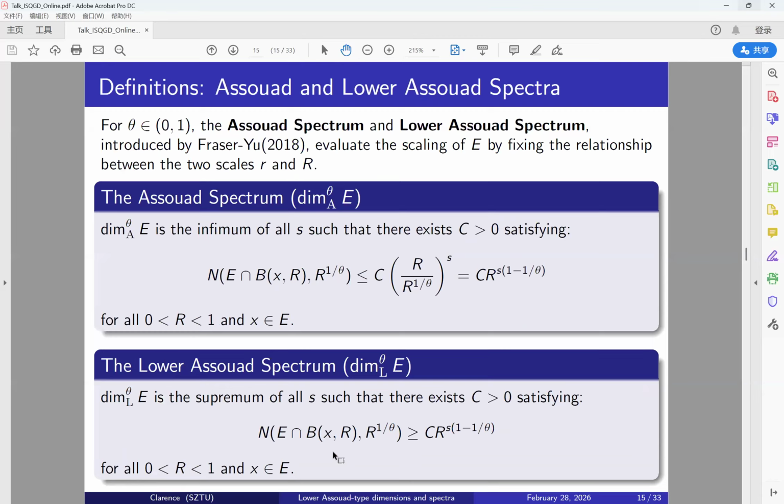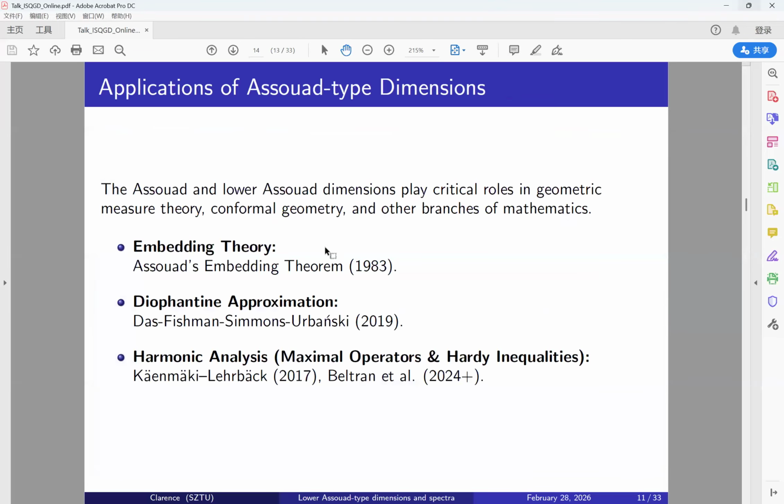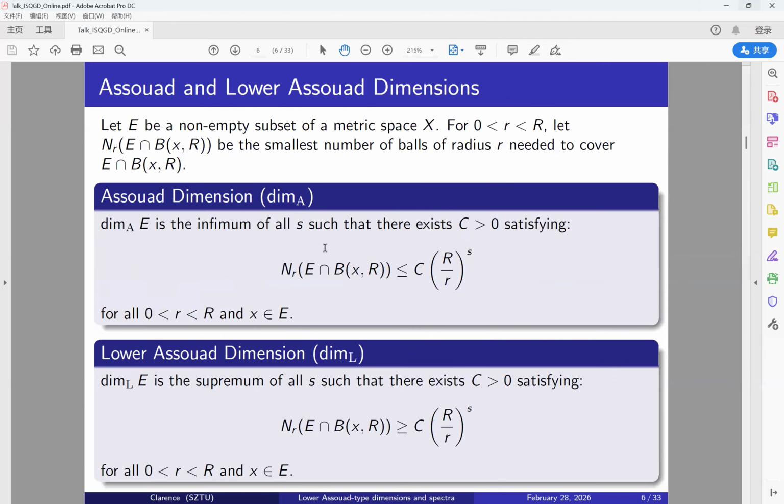For any theta, the Assouad spectrum and the lower spectrum, introduced by Fraser and Yu, and Zhang and Han in 2018, evaluate the scaling of E by fixing the relationship between the two scales, small r and capital R. Let's have a quick review of the Assouad dimension and the lower dimension. For these, there are no restrictions between capital R and smaller r. We just consider smaller r smaller than capital R, and consider the ball